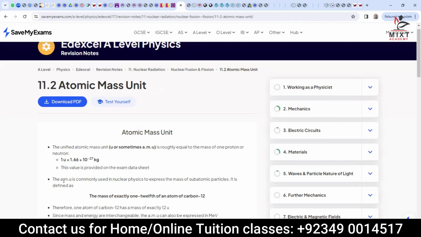The unit we call AMU, atomic mass unit, is commonly used in nuclear physics to express the mass of subatomic particles. It is defined as a mass of exactly 1/12 of an atom of carbon 12. So basically, when you define it, you are comparing it with carbon 12. One atom of carbon 12 has a mass of exactly 12u. Now 12u means,